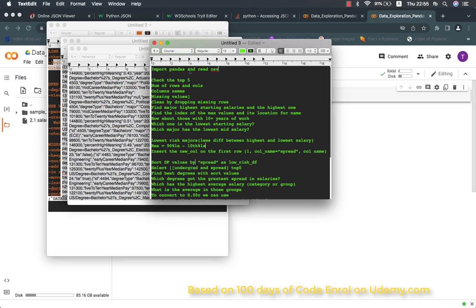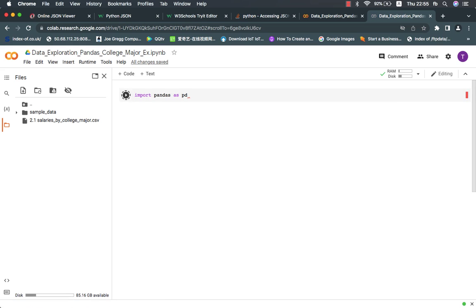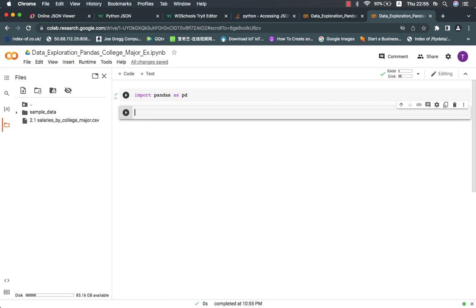Okay, so we import pandas and read the CSV. That's the first thing that we have to do. Not really from, we just say import pandas as pd, shift and enter. I think that one ran. Lovely. And then we create our data frame, which is